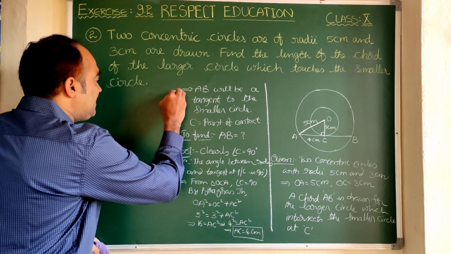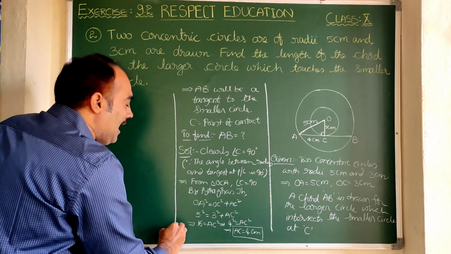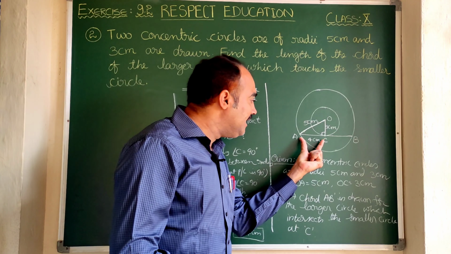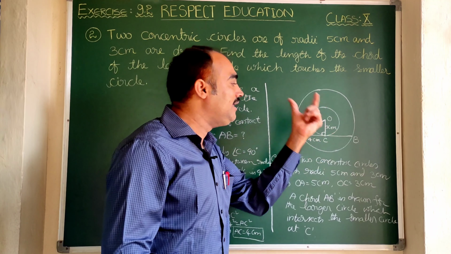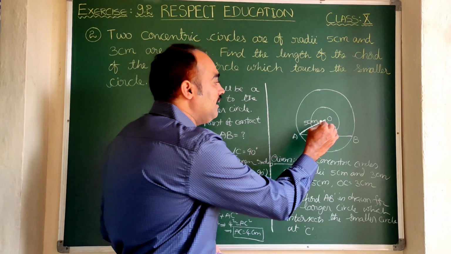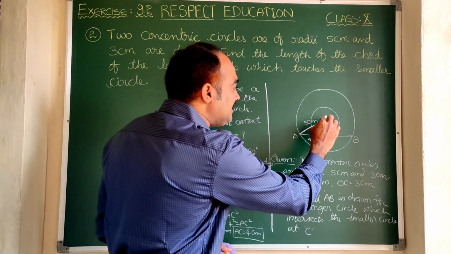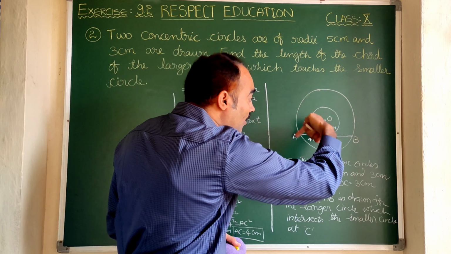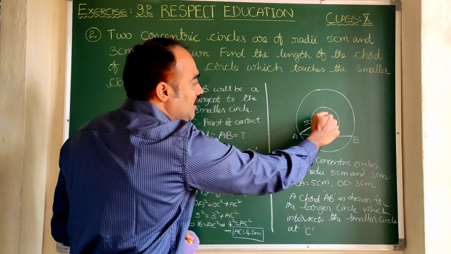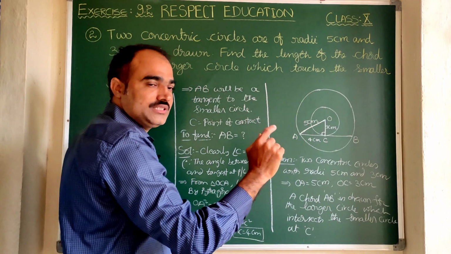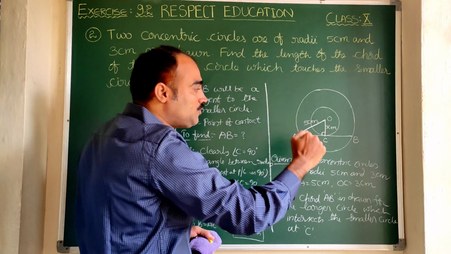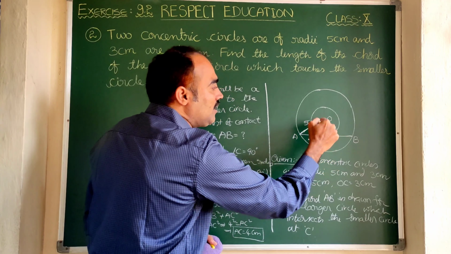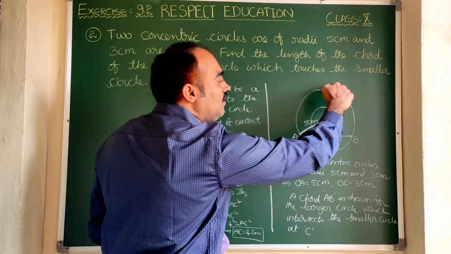Now let us see what is the relationship between AC and AB. Here we are going to learn a relation between AC and AB so that we can find AB. Right. Now, what is O? O is the center of the circles. Especially it is the center of the larger circle, though of course it is the center for both. Now at this point I would like to tell you a relation between AC and AB. For this you take O as the center of the larger circle.